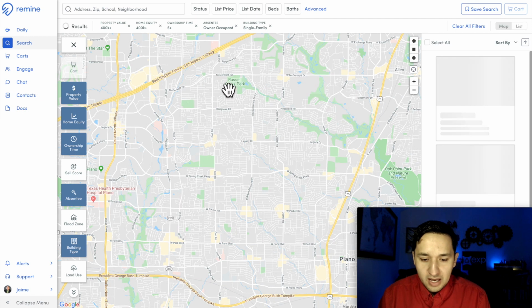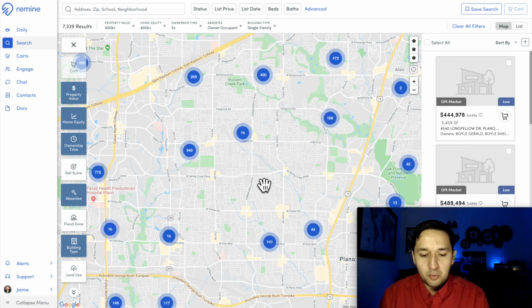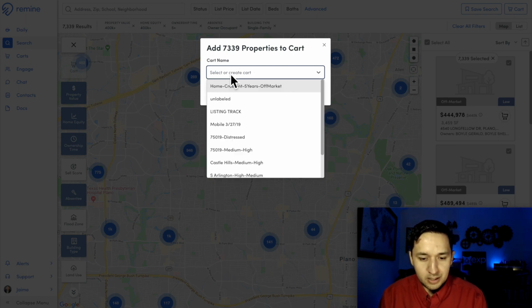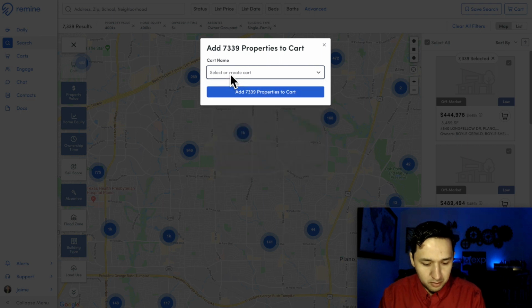All right, so now that we have a good list, we're going to do what's called list stacking. So I'm going to select all of them, and I'm going to create a cart, and everything that I put here, I'm going to replicate in the name. So we're going to do 400K price, 400K equity,